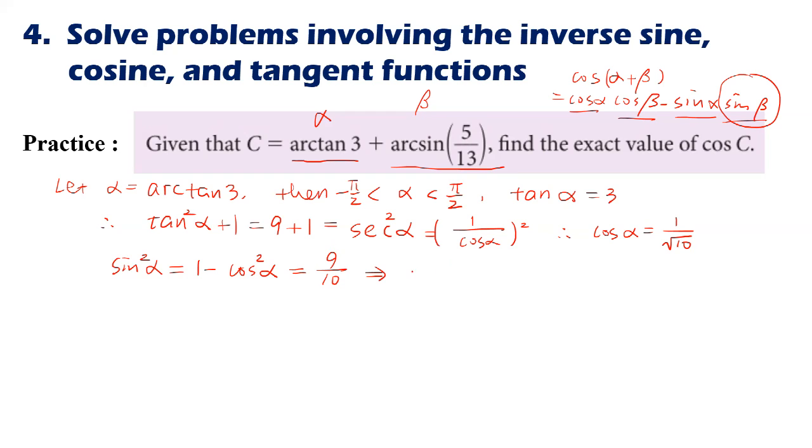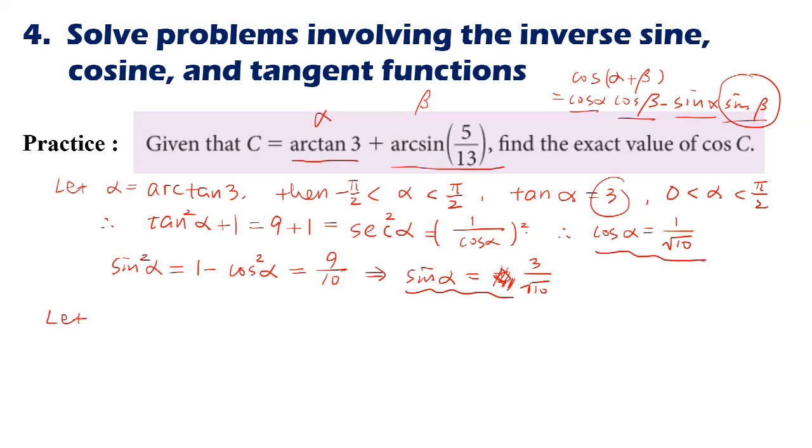That means sine alpha equals positive or negative 3 over square root of 10. But note here, alpha is between negative half pi and half pi, and tangent alpha is a positive value. That means alpha is actually between 0 and half pi, so sine alpha must also be positive. So sine alpha is positive 3 over square root of 10. Okay, now we have sine alpha and cosine alpha. And then let's calculate